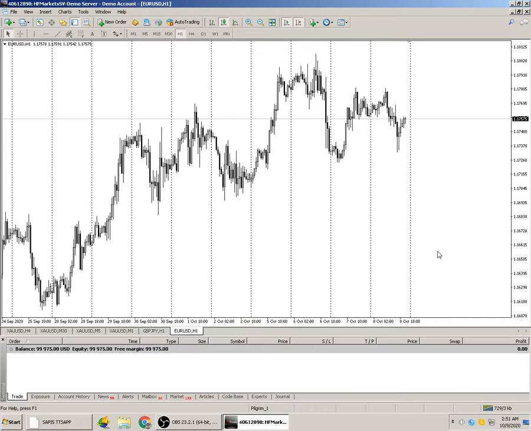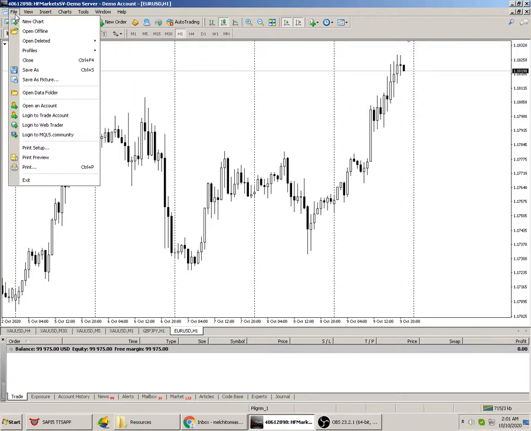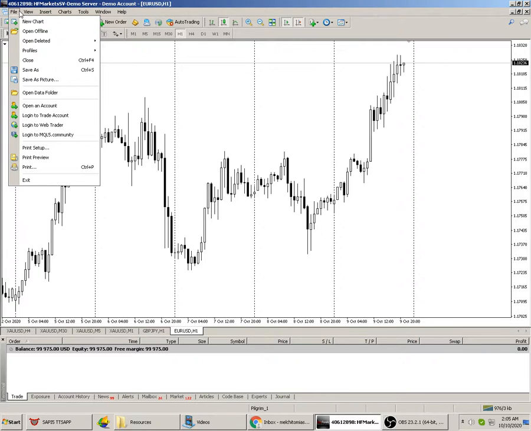We are going to discuss some topics that will enhance our experience with regards to trading. Right now, what we're going to explore is the file menu tab. If you click the file menu here, there's a drop down and certain options will be